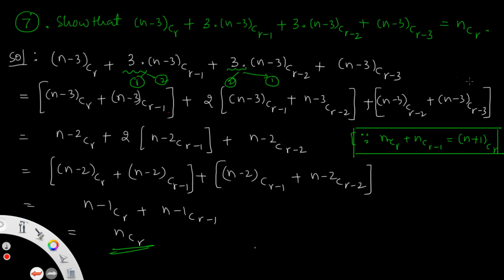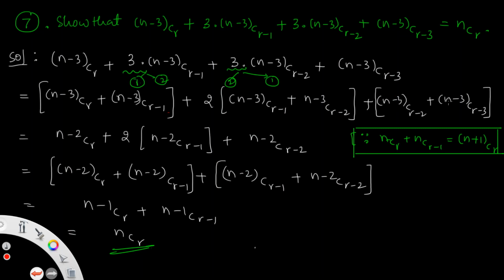So all are grouping by this has to 2 times single term, and this has to, but in the form of nCr plus nCr-1, where n is there we have n-3, r is the same, r and r-1, then you write here n+1, that is n-3+1, it becomes n-2 Cr. Plus 2 times of this also same nCr plus nCr-1 formula, where n equals n-3 and here r-1, nothing but decreasing by another term, is r-2. So applying this formula, you get n-3+1, that becomes n-2, and r in the place of r-1, plus this also same.